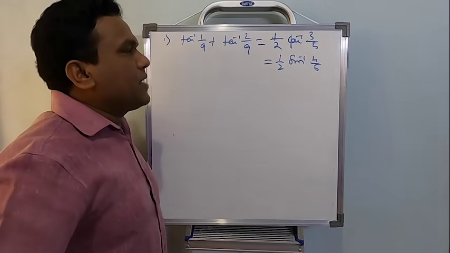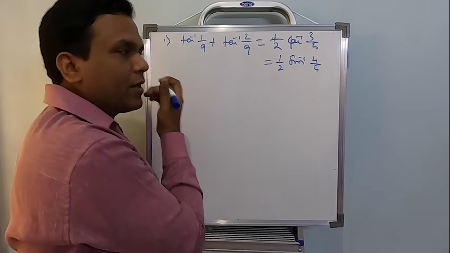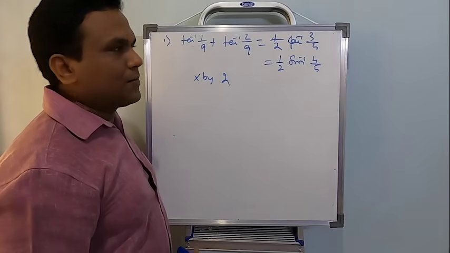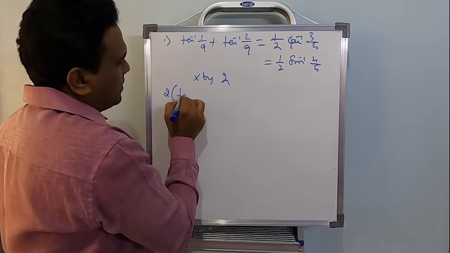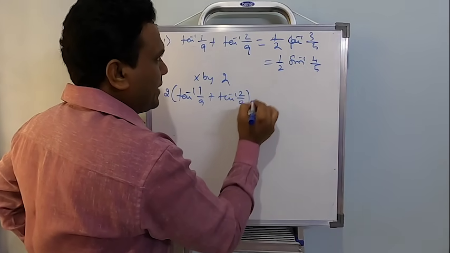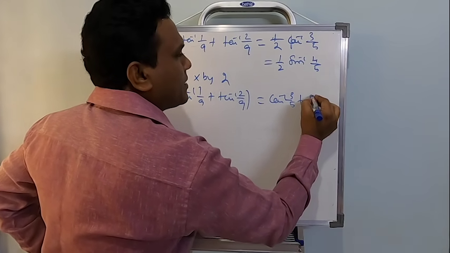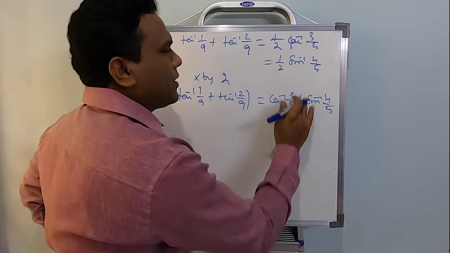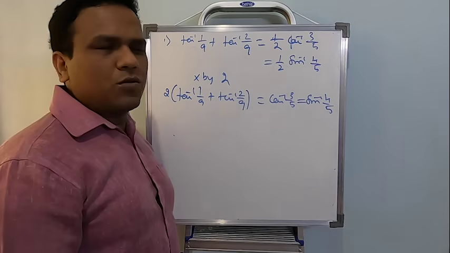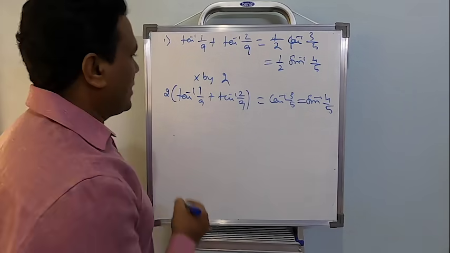So what I suggest is, see, on the right hand side we have something called 1 by 2. So to start simplifying, the first step I will multiply 2 for all the things. So this will become 2 times tan inverse 1 by 9 plus tan inverse 2 by 9. Here there will not be 2. So this will be cos inverse 3 by 5, and the next term will be sin inverse 4 by 5. Right? Okay. With half it's a bit difficult to solve, and this is the best and easiest way to solve it. Why it is done like this, you will notice in the later stages.